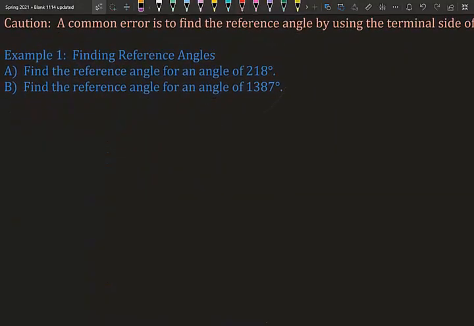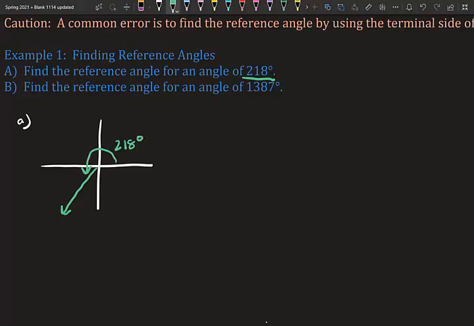Let's find the reference angle for an angle of 218 degrees. So 218 degrees is between 0 and 360, so we're good. I'm going to draw it out and show you what 218 degrees kind of looks like. So we have our coordinate plane, right? 218 degrees, that's about right here. So that means it's opened up